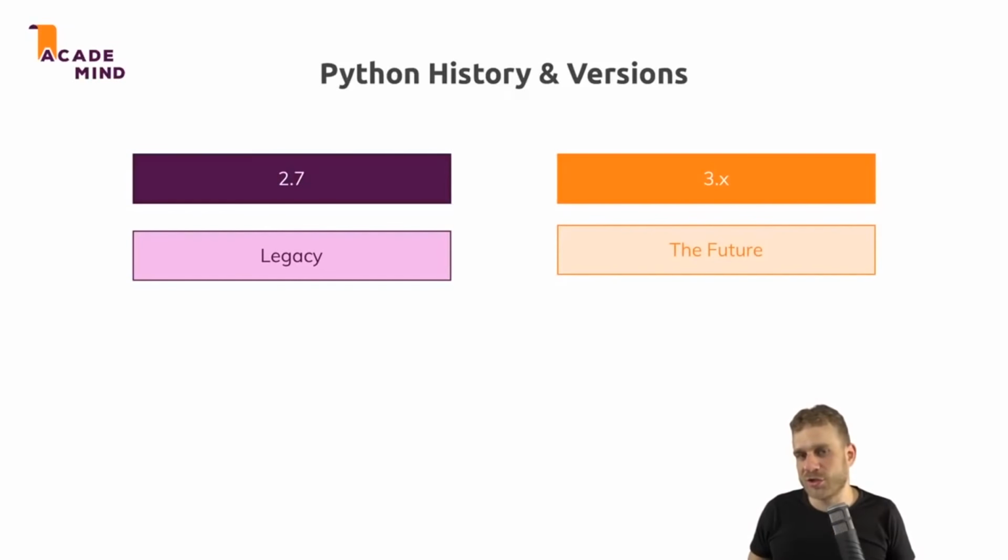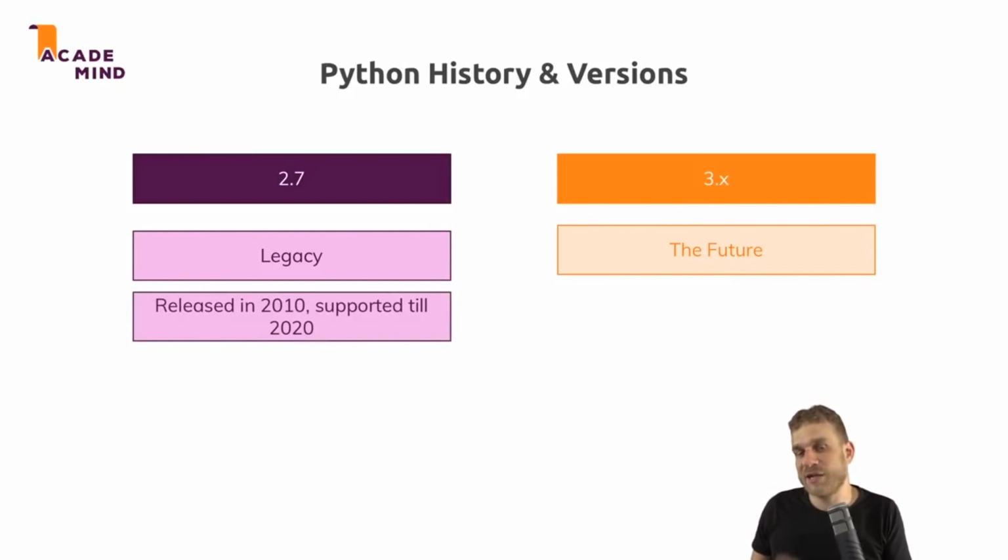3.x is the future. So whichever version of 3 is currently the latest one, this will be the future of Python. Eventually, we'll probably also have a version 4, but for now we have version 3, and that will stick around for quite a long time. Version 4 is not even something that is known when it will be released right now. So that is version 2.7 versus version 3.x. 2.7 was released in 2010 and will be supported until 2020, so in case you need to use it, you got 2 years to go.